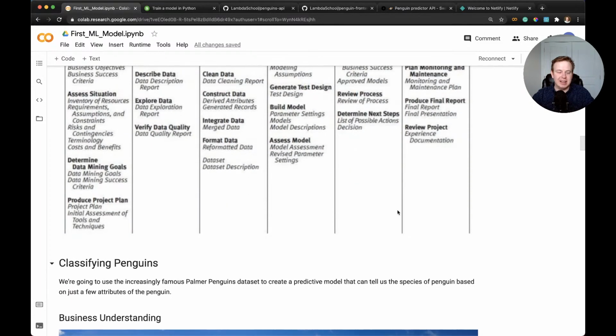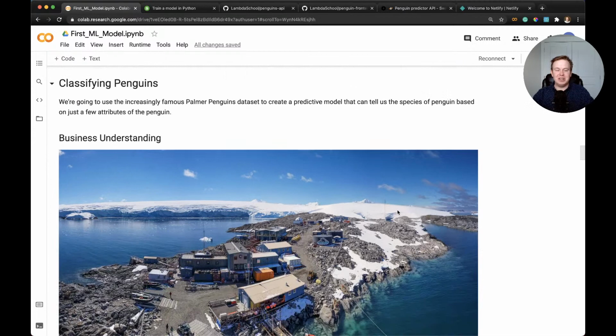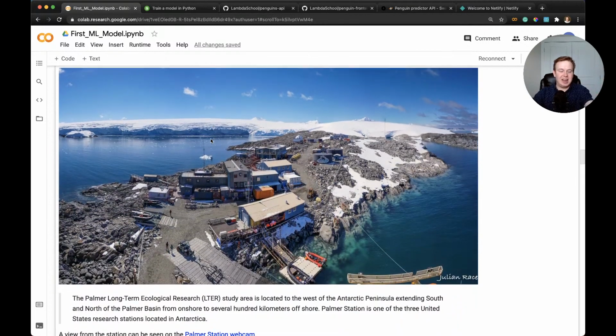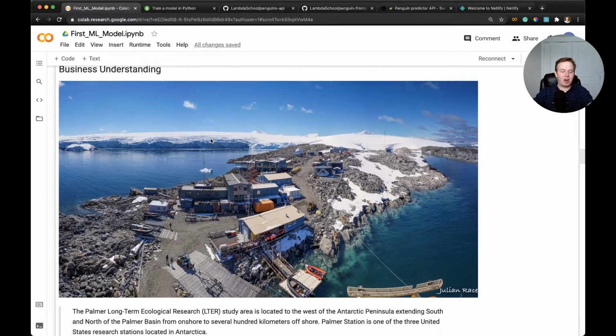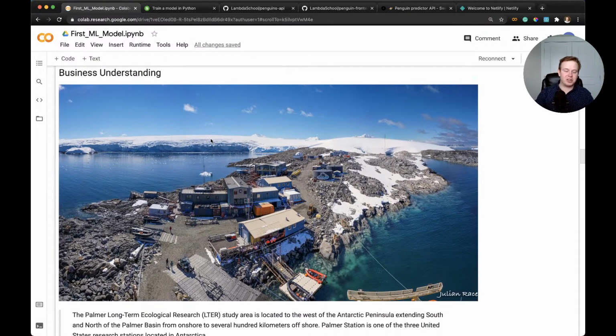That being said, what are we going to do? What's our business problem? We're going to start with business understanding. Maybe a little bit odd of a scenario, but we are going to fit a machine learning model to classify penguins. Imagine you are a scientist here at the Palmer Long-Term Ecological Research Study Area in West Antarctica,